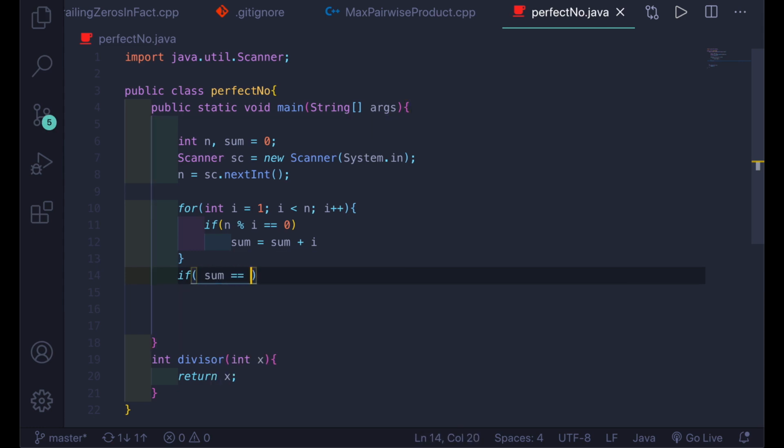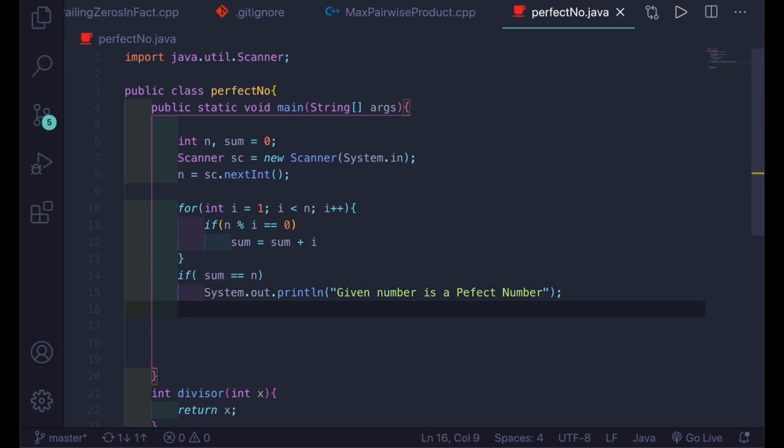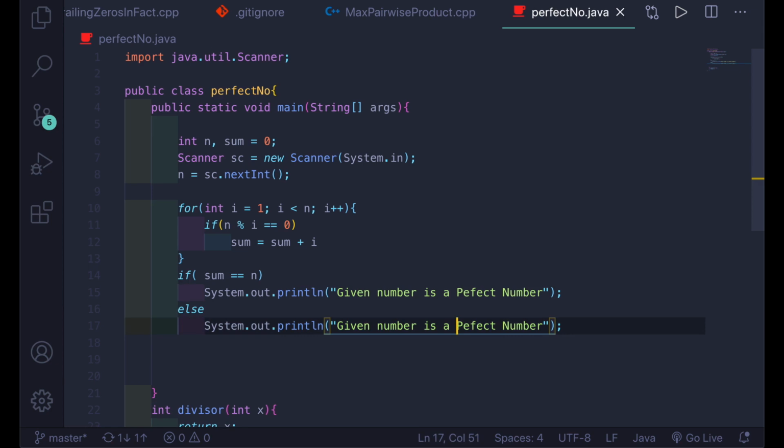Inside that we'll check if sum equals n, then print "Given number is a perfect number", and if not, we'll have an else, and inside the else we will give "Given number is not a perfect number".